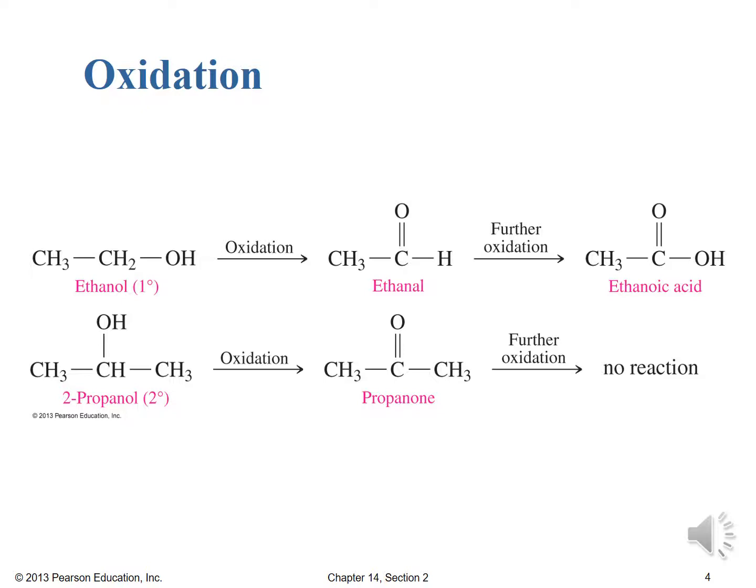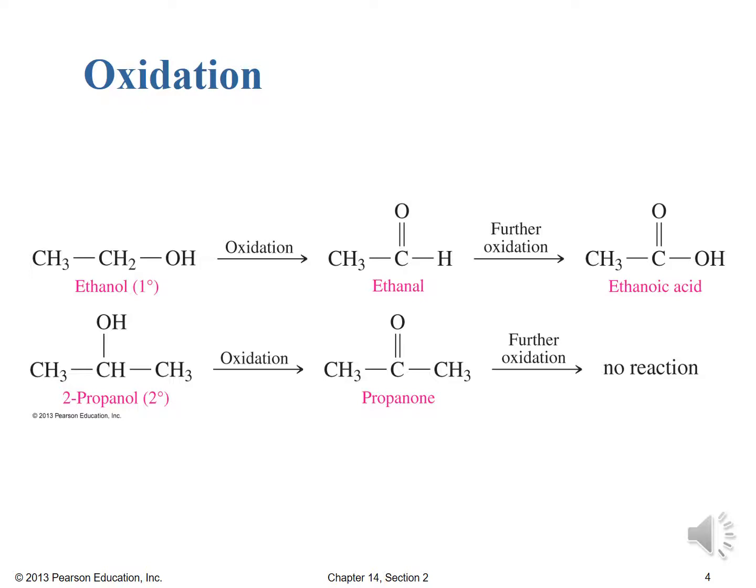All right, so if we follow this scheme here, we have ethanol, which is a primary alcohol, undergoing gentle oxidation to ethanal, and then ethanal, now an aldehyde, can undergo further oxidation to ethanoic acid, or acetic acid as we called it on the previous slide. Ethanoic acid being the IUPAC name, acetic acid being the common name. Again, we'll save the naming for our chapter on carboxylic acids. So as I mentioned before, you have to be careful because if you took that ethanol and put it in a harsh oxidizer, you might go right up to the ethanoic acid because you might not be able to stop it at the aldehyde stage. So use a gentle oxidizing agent to make that first oxidation, and then a stronger oxidizer to accomplish the aldehyde